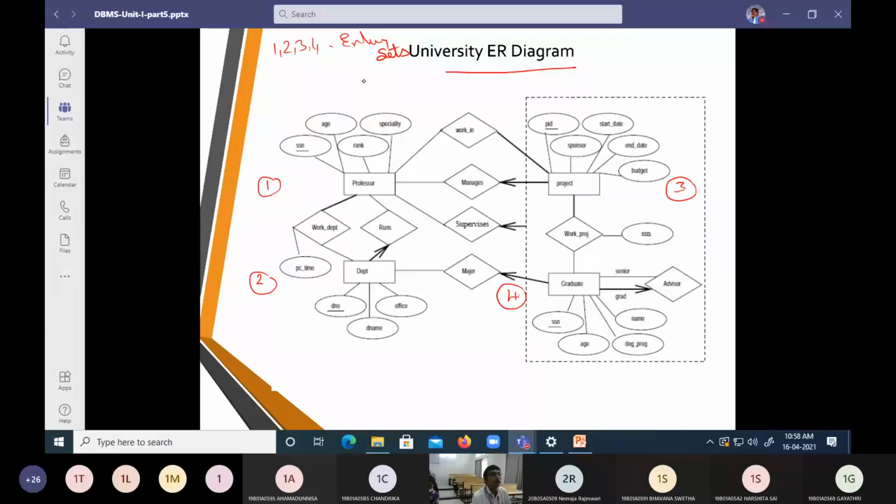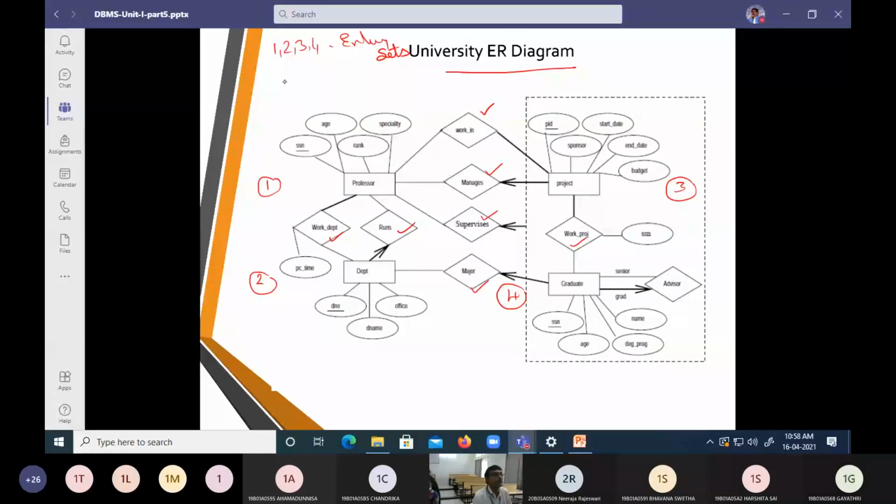Next one. Now we have works in, manages, supervisor, measure, runs, work department, work project.